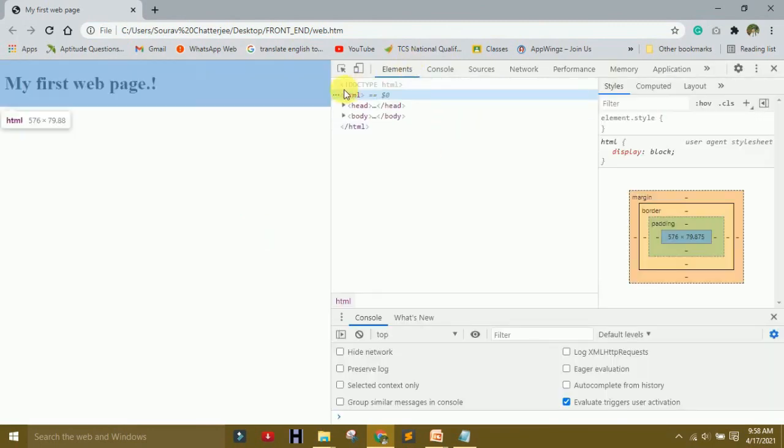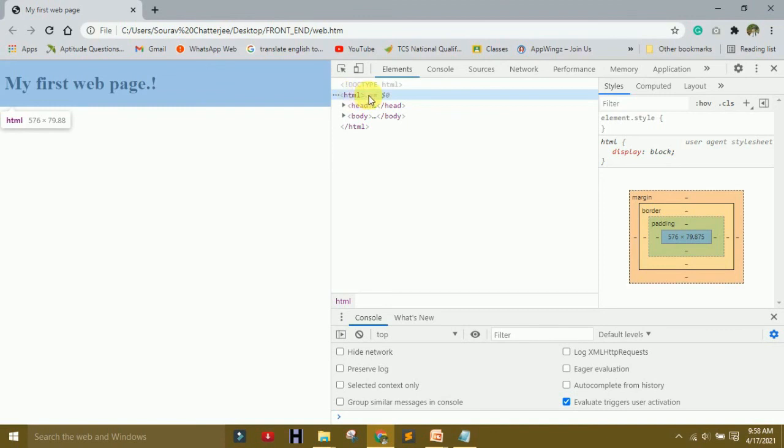You saw that HTML is working, and that is the URL of our document, that is the title of our document, and it is the body of our document. For understanding, right click here, inspect here, and if you go to HTML, why is there a blue circle?